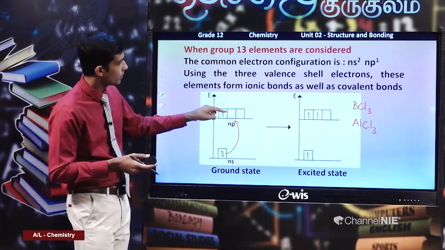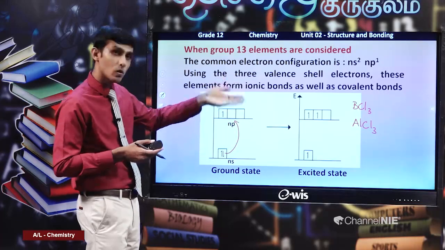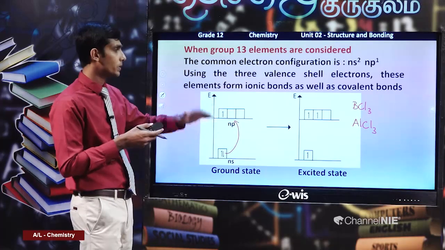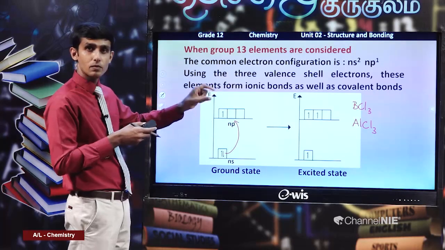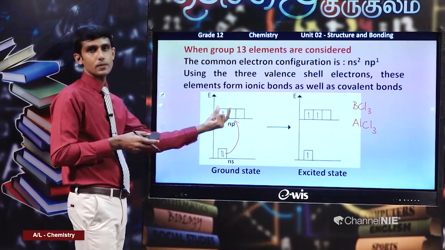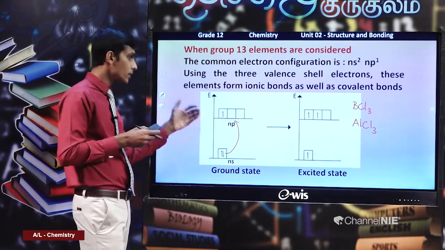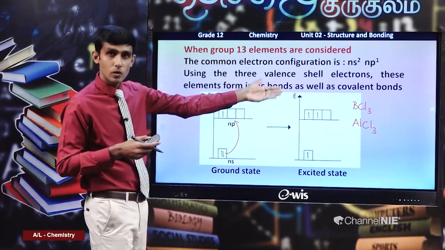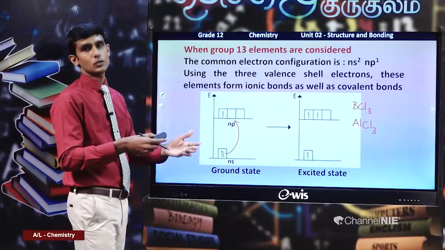This process requires a little bit of energy, but on the other hand, after formation of 3 unpaired orbitals, more covalent bonds are formed. That means more energy would be released when a greater number of covalent bonds are formed. That amount of energy released is more than enough to compensate the energy requirement here. So here a little bit of energy is required, that energy will be absorbed from the environment, but with the formation of more bonds after this process, more energy will be released. Therefore, this is what we call energetically favorable. This process happens in nature.